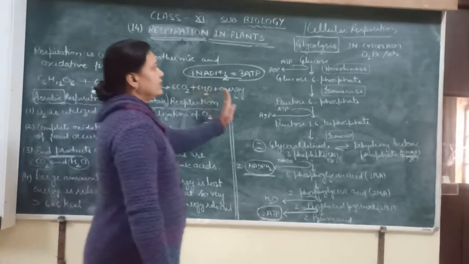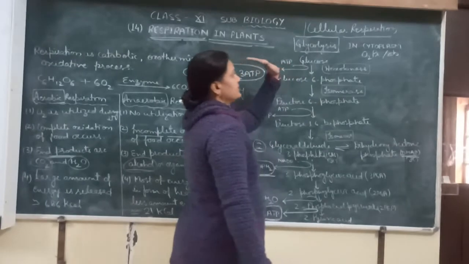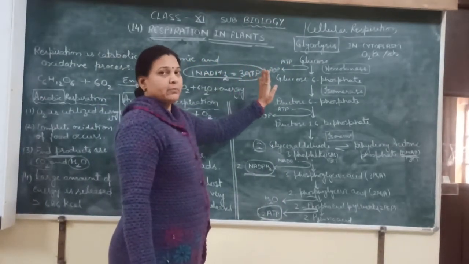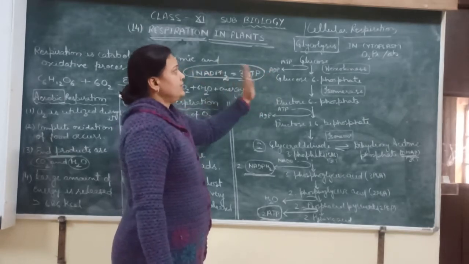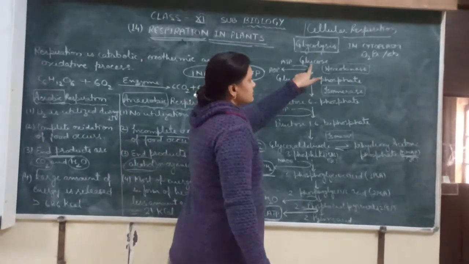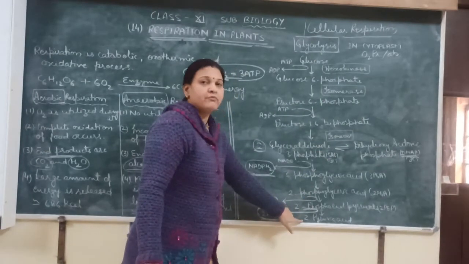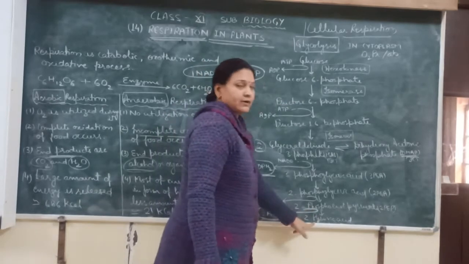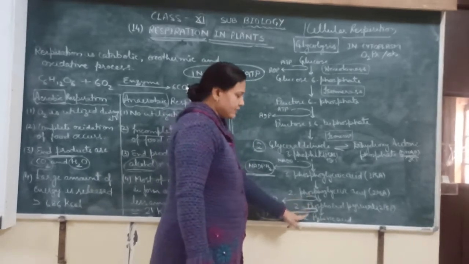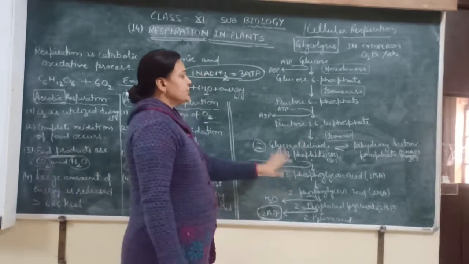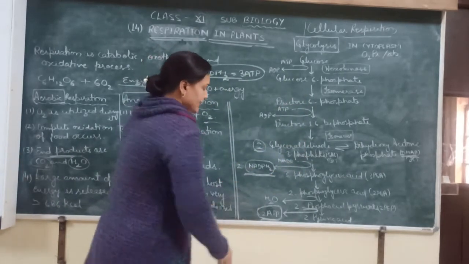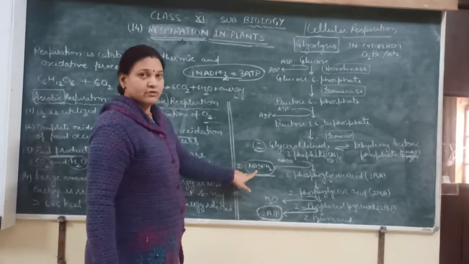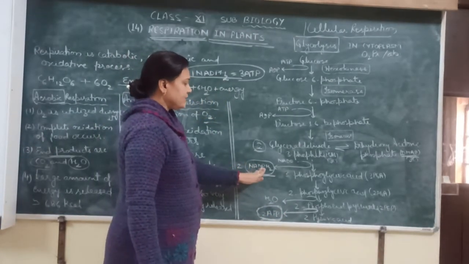Okay, so the first step of cellular respiration, that is glycolysis, is possible in both aerobic and anaerobic types of respiration, and during this 1 molecule of glucose is converted into 2 molecules of pyruvic acid. Glucose is a 6 carbon compound and pyruvic acid is a 3 carbon compound. So 2 molecules of pyruvic acid are formed during it, and 2 ATP are the net gain of glycolysis, and 2 NADPH2 are also formed. By these NADPH2 molecules, ATP